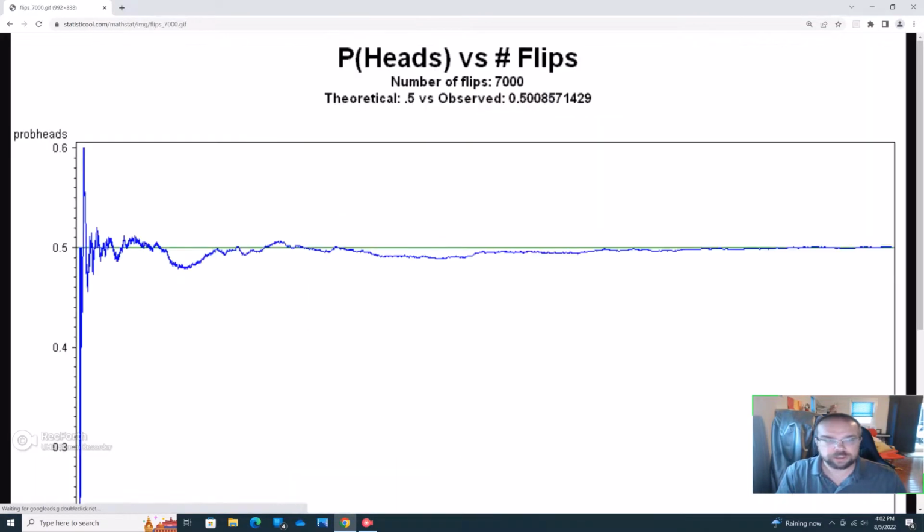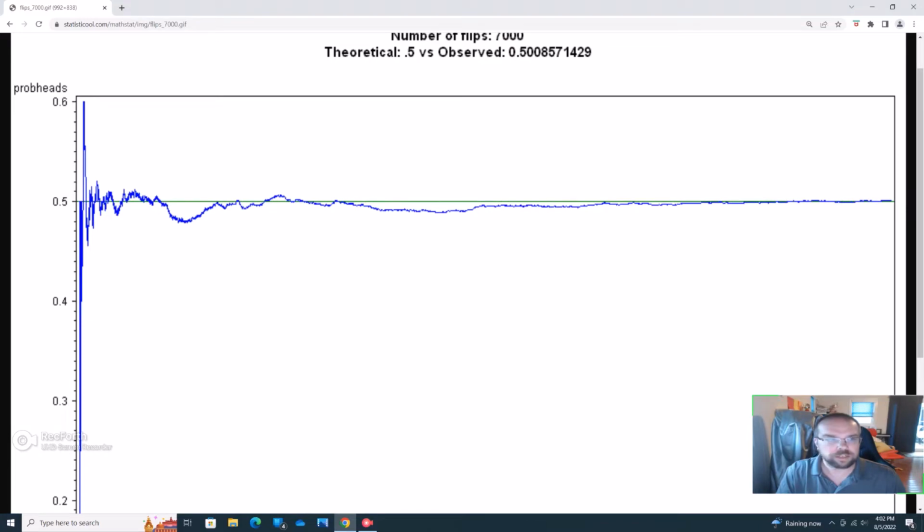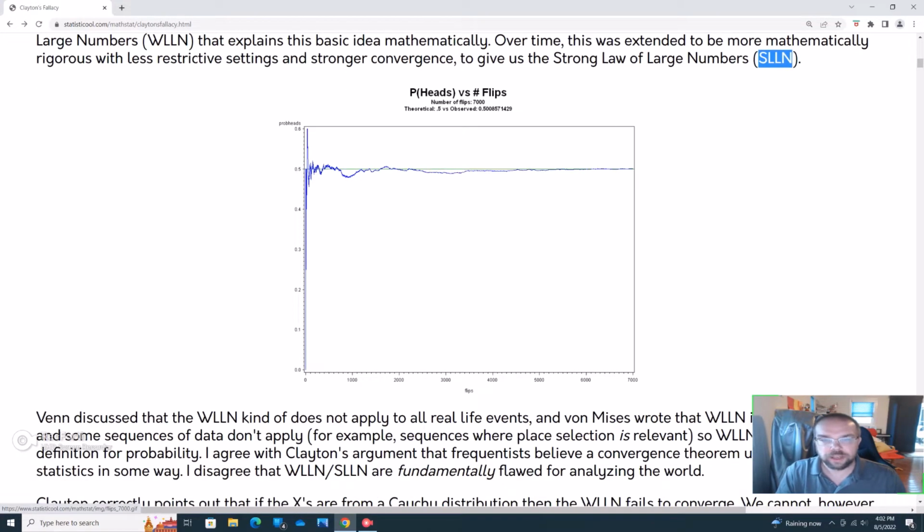I have a diagram here to show the basic idea, just informally. The horizontal axis is the number of coin flips, and on the vertical axis we're keeping track of the frequency of heads. I have a horizontal line here at 50%. It doesn't have to be there. It could be anywhere, at 0.35 or whatever. It doesn't really matter. But the point is that over time, over trials,